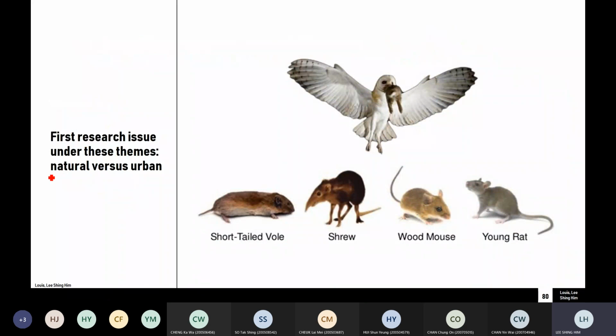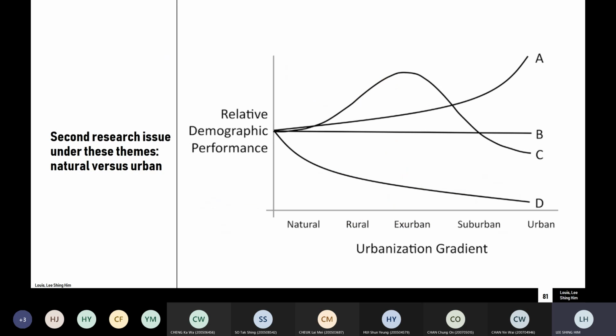And they want to compare reptiles in natural habitats and reptiles in urban habitats. For instance, they may compare the diet composition of owls in rural area versus urban area. And also they